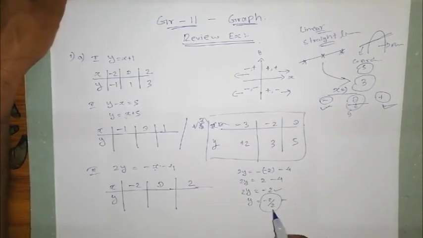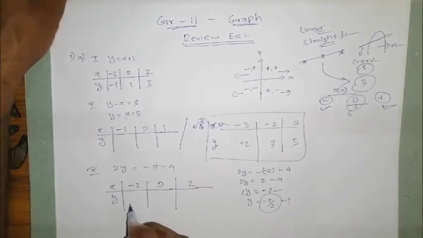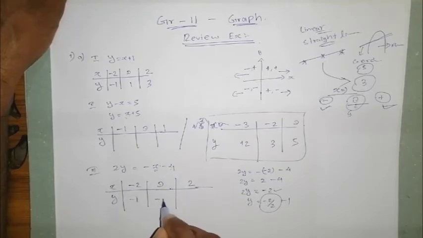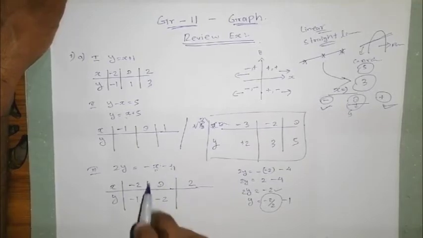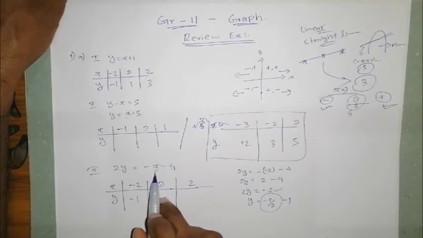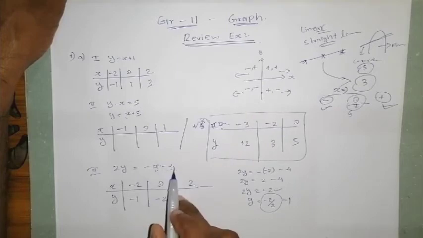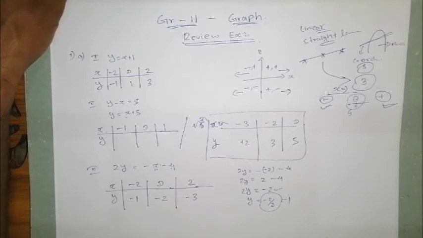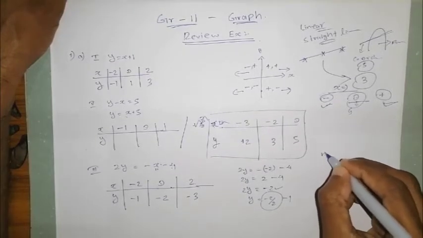Okay, so the first value of y is minus 1. So if you add a 0 here, the result is minus 4 divided by 2, it's minus 2. So if you add 2, the result will be minus 6, so minus 3. So for the fourth one,